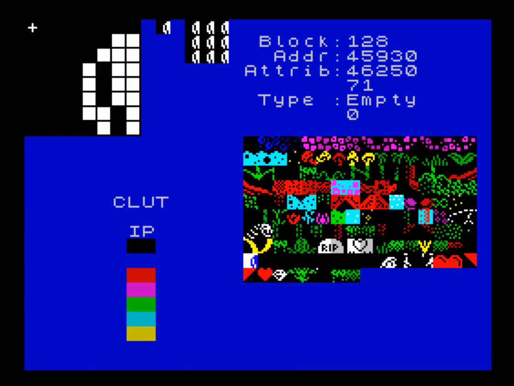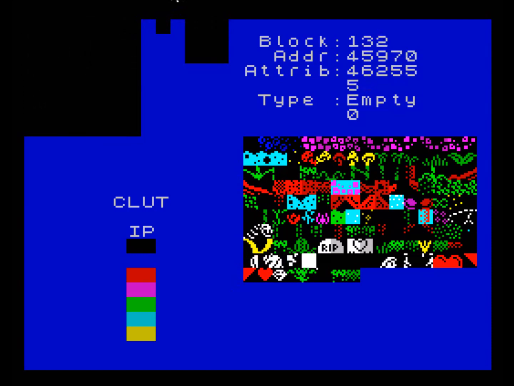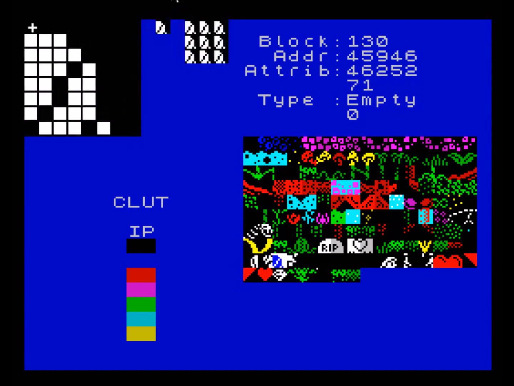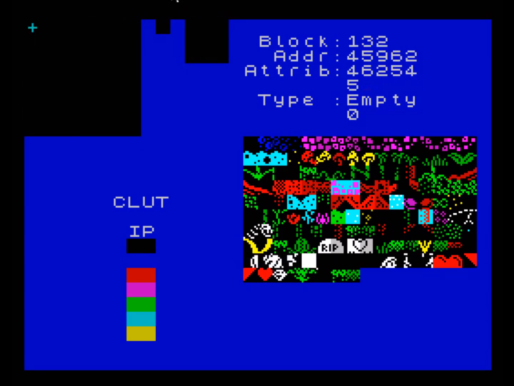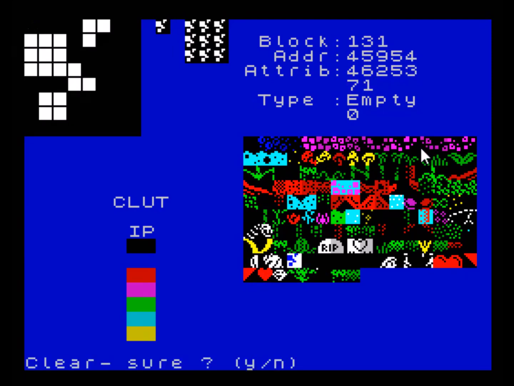Now you can see it's pasted the first one, it hasn't updated it here, but if I just move across, you can see that it has actually done it, and there are the 4 pieces of that particular sprite. So that piece plus that's the sort of left hand side, and that's the right hand side. So you can use that then to